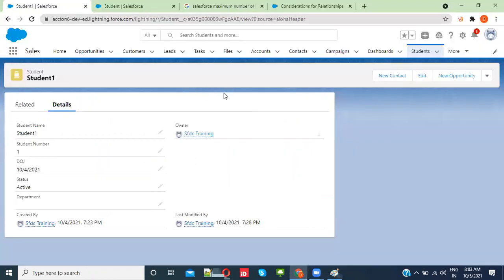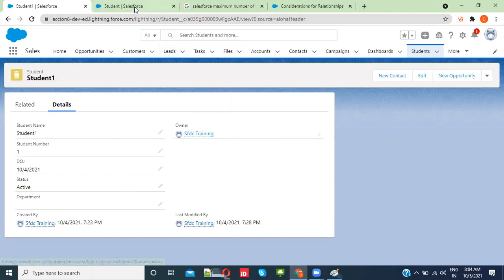Okay, now let's create the master detail relationship. I think you have understood the lookup relationship. Lookup relationship is nothing but a relationship between 2 objects, and the value is not required. When you delete the parent, the value will be made empty. And you can have up to 38 to 40 lookups on an object maximum. More than that cannot be created. These are the 4 points we discussed now, and we will discuss all the others later. Okay. Any questions on this?